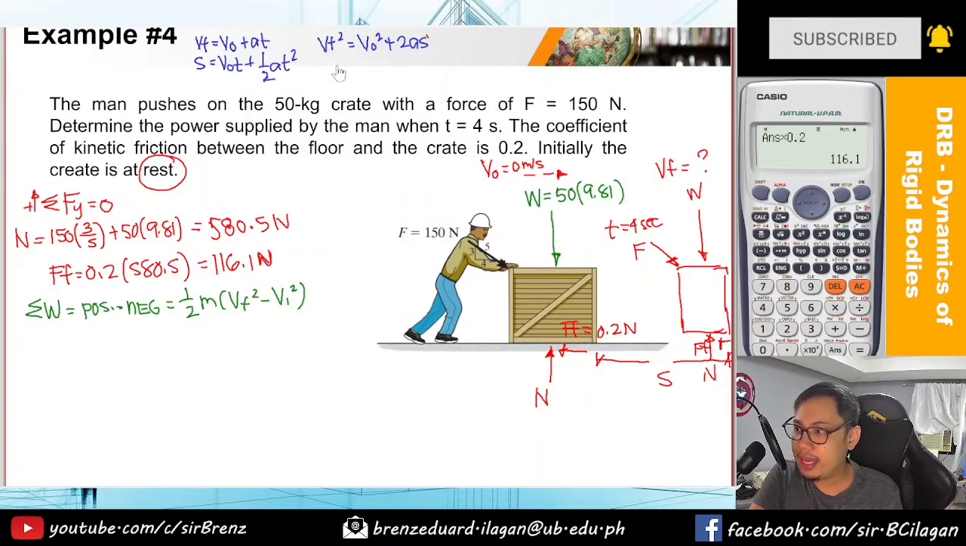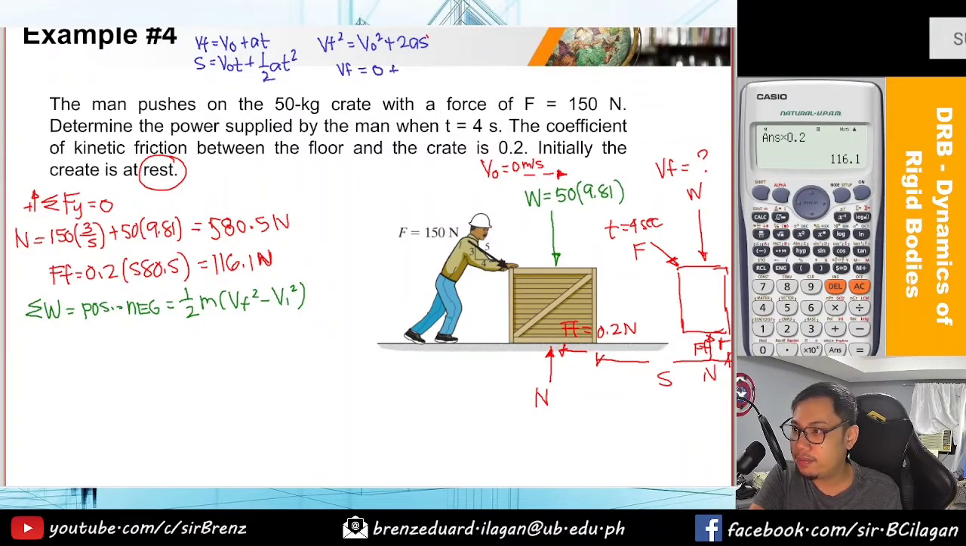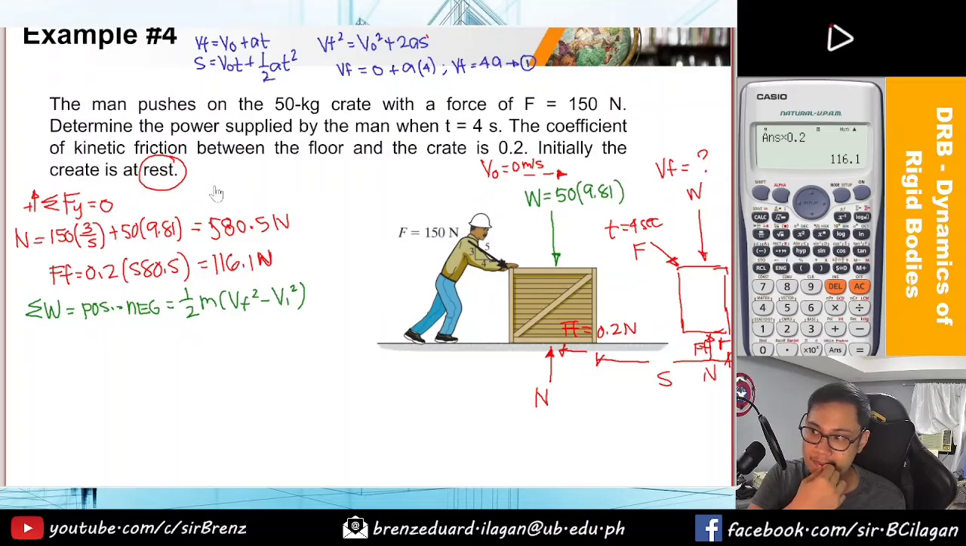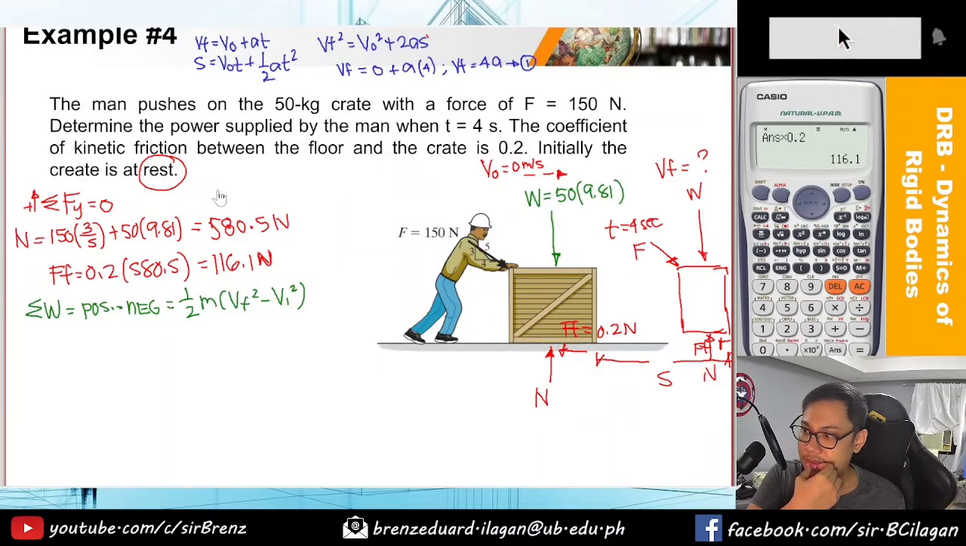So, yung final natin, so that is unknown, is equals to the initial of 0 plus yung acceleration na rate and then multiply by the time, which is 4 seconds. So, with that, we will have an equation of the final velocity equals to 4 times acceleration. So let this be our equation number 1. Yes, with respect sa time. And then,